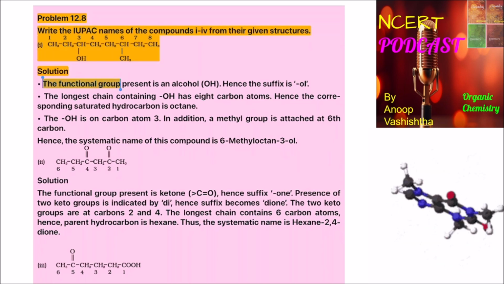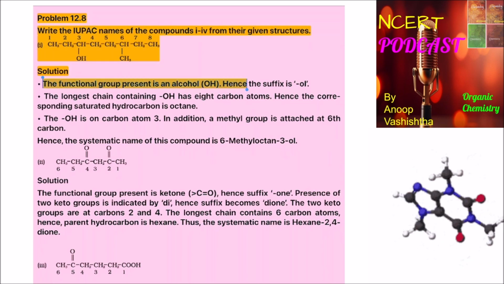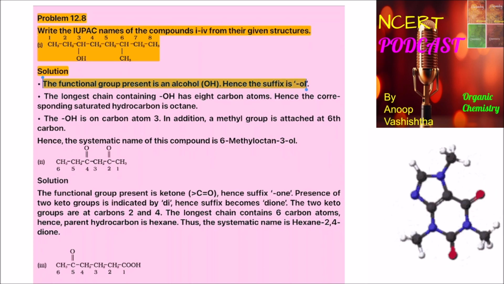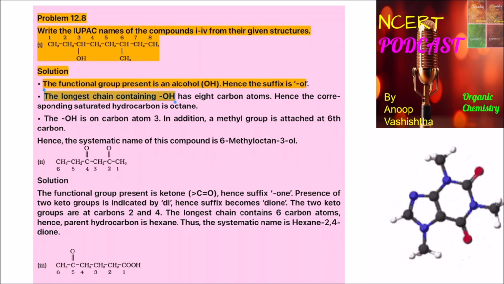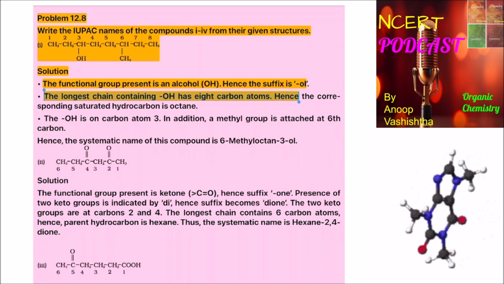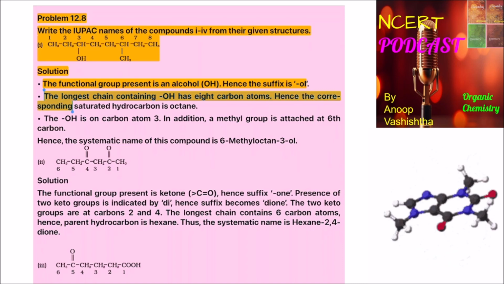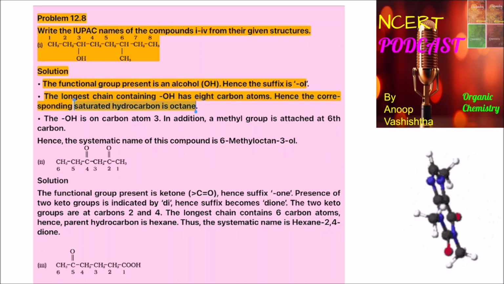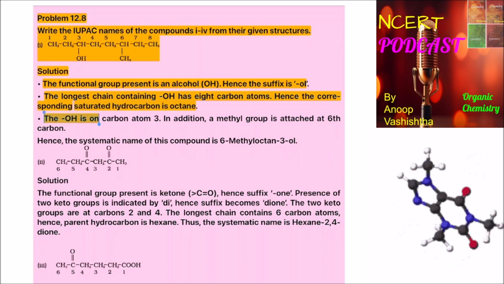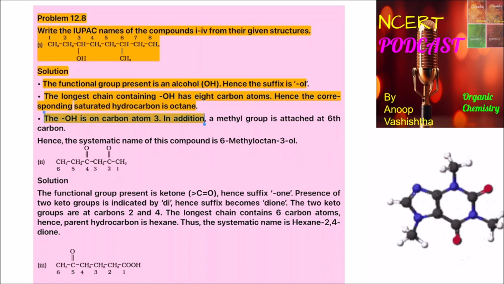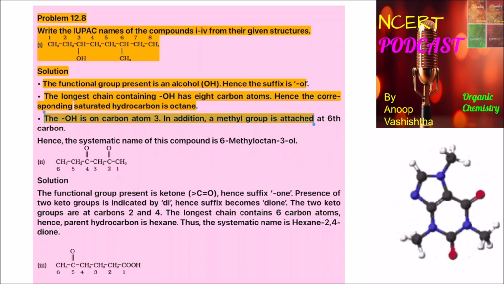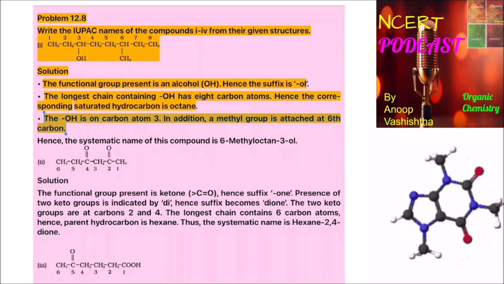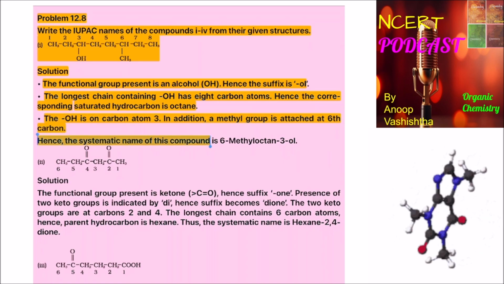The functional group present is an alcohol, OH, hence the suffix is -ol. The longest chain containing OH has 8 carbon atoms, hence the corresponding saturated hydrocarbon is octane. The OH is on carbon atom 3. In addition, a methyl group is attached at 6th carbon. Hence, the systematic name of this compound is